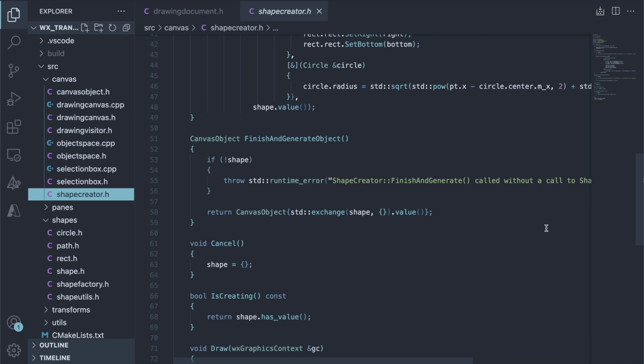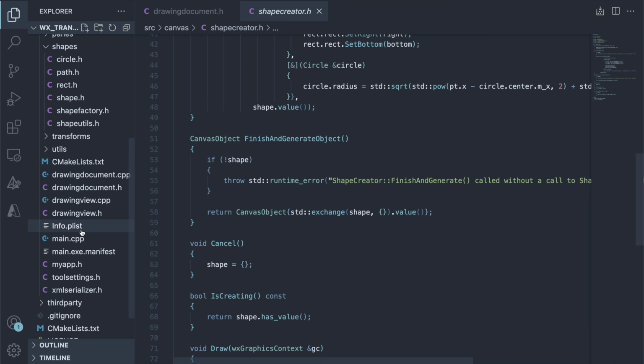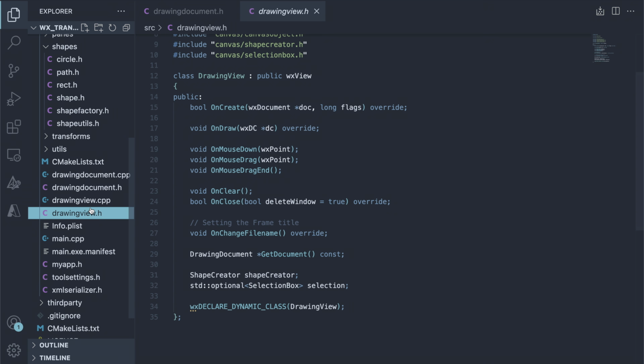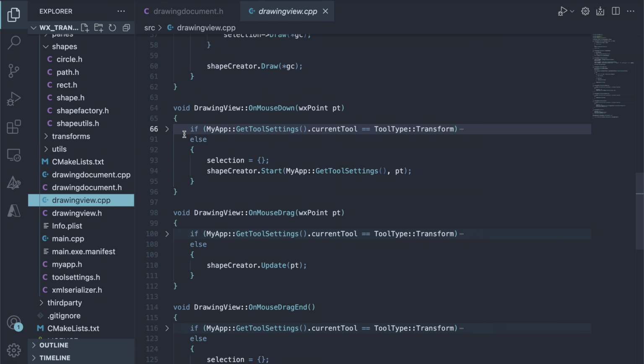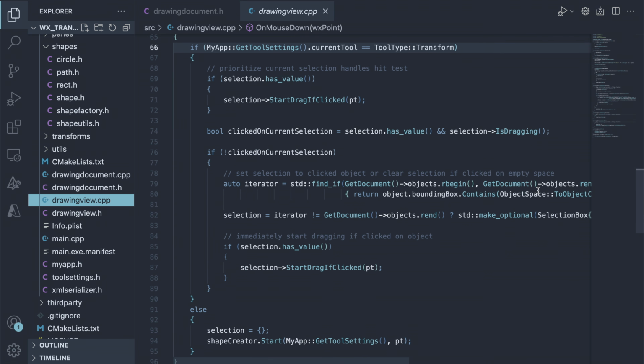Moving on to the second part, we will explore the app's architecture within Visual Studio Code. We will examine how the different software components of this new feature work together, providing you with a deeper understanding